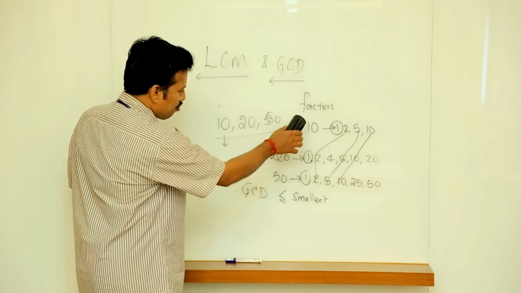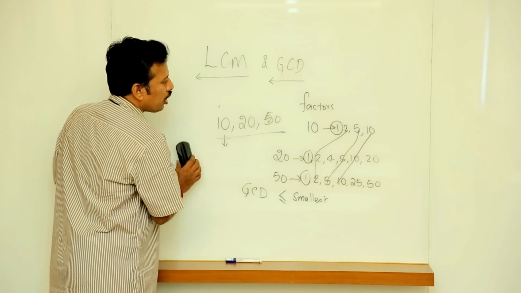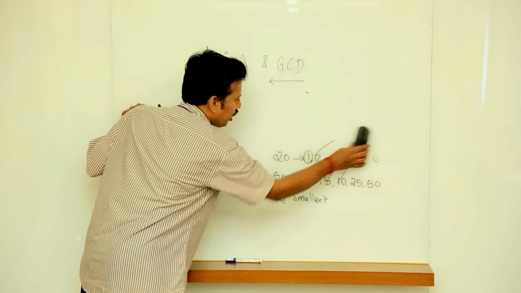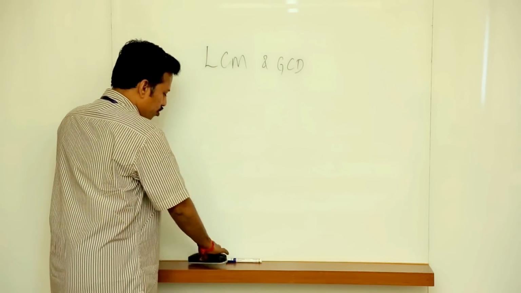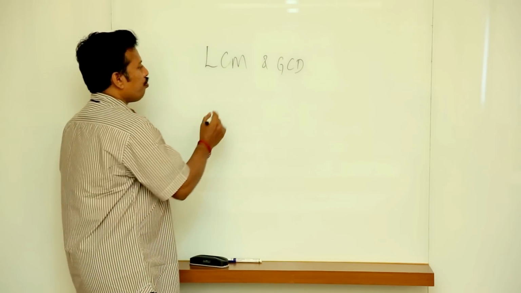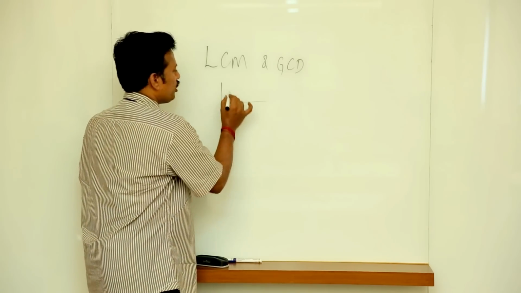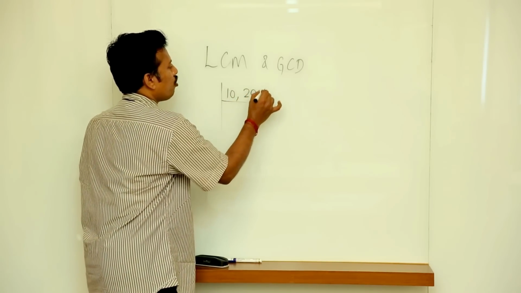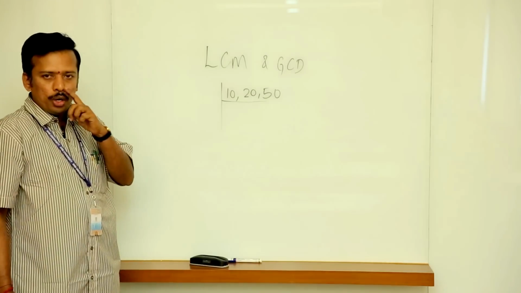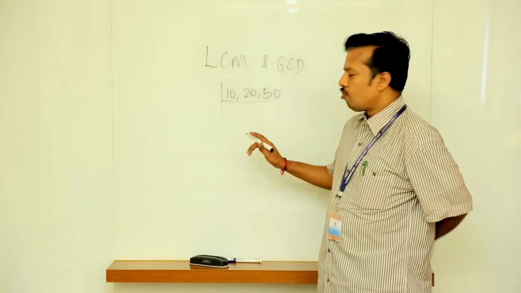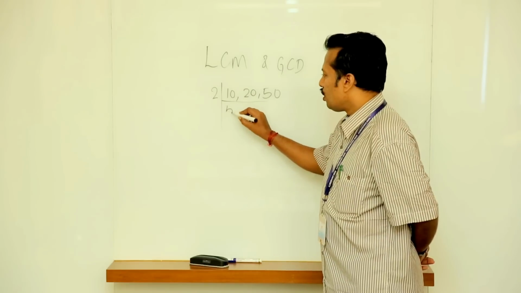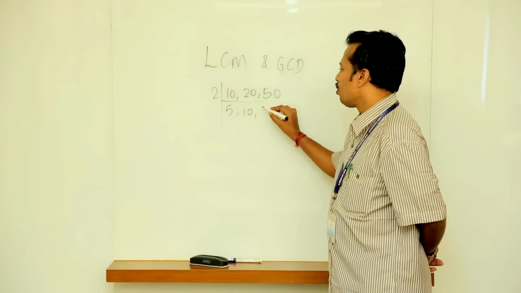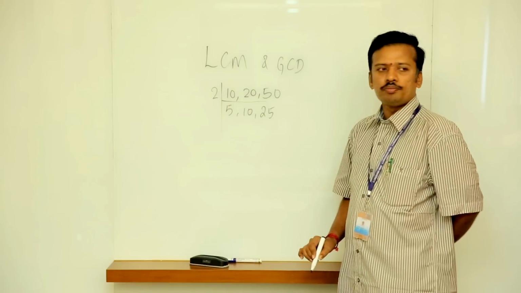Since you are learning this for the first time, this was explained just by taking the factors and analyzing them. While solving a problem in general, the very simple method you must have come across in lower classes is used for finding the GCD and LCM of 10, 20 and 50. You factorize the numbers by dividing by common factors. It is divisible by 2 because all are even numbers. When you divide, it is 5, 10 and 25.